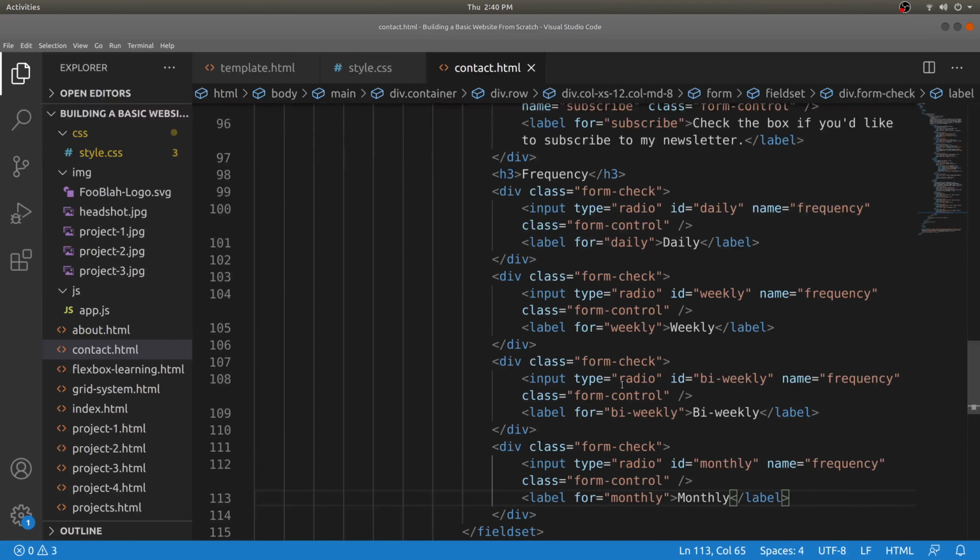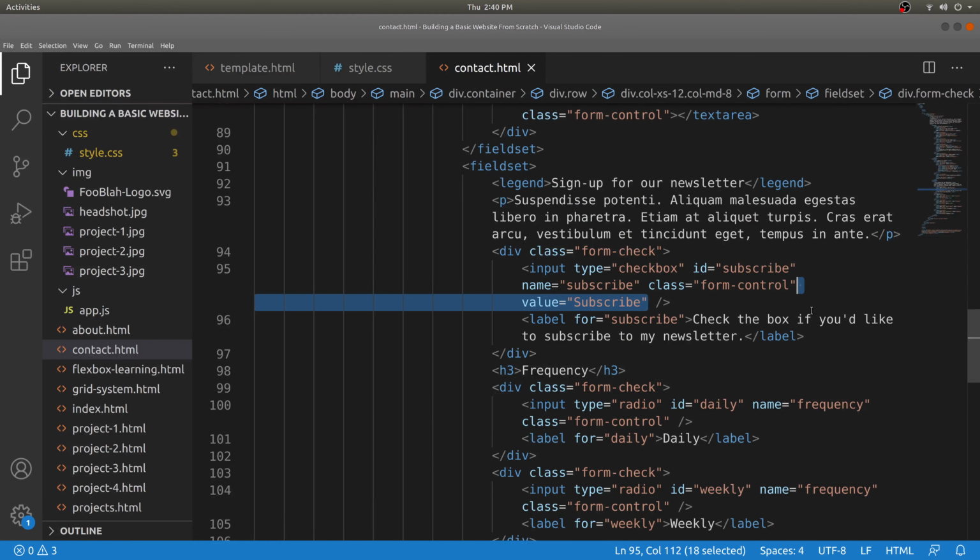And that's why in here, when it comes down to our input fields for our radio and for our checkboxes, we have all of this, but we also need to provide a value. So for our checkbox that says subscribe, we're going to use the value of subscribe. For the other ones, we're going to do the same thing. So let's go ahead and duplicate that. So subscribe, change that, change that, change that. And here we're going to say daily, weekly,